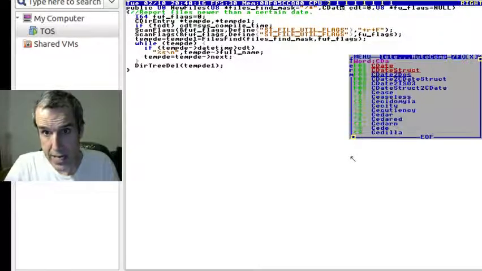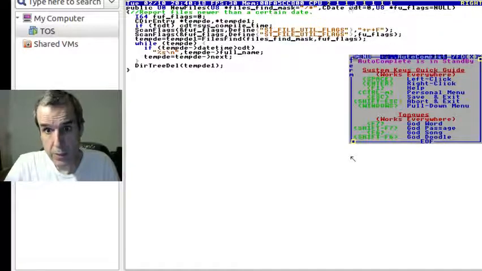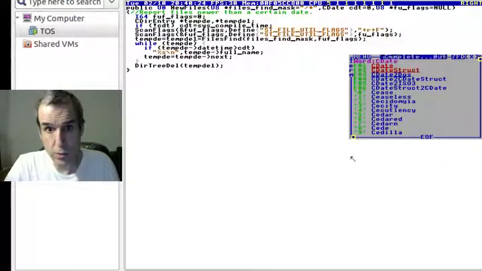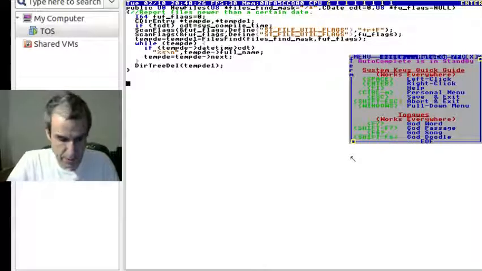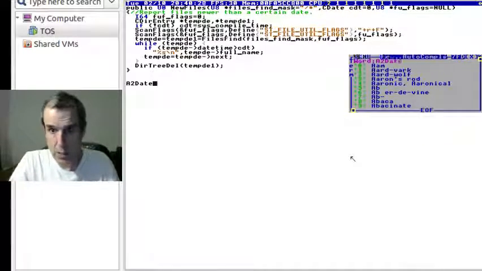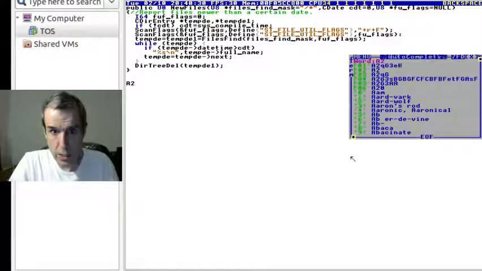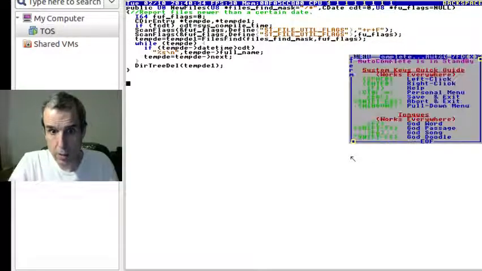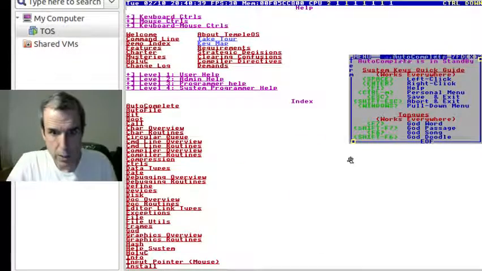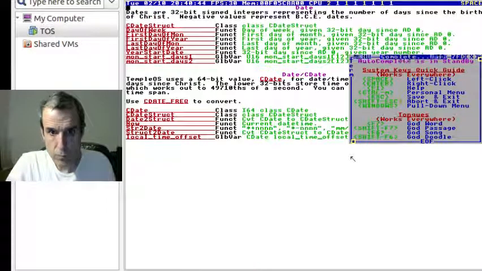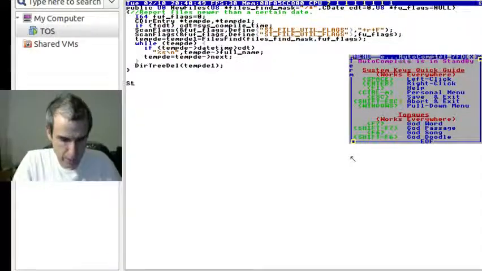This is a date. It's asking for an integer date. So the way you would use this would be a to date. A. Why isn't it showing up? Oh no, wait a minute, what is it? Oh, string to date. Okay, it used to be. Never mind. String to date